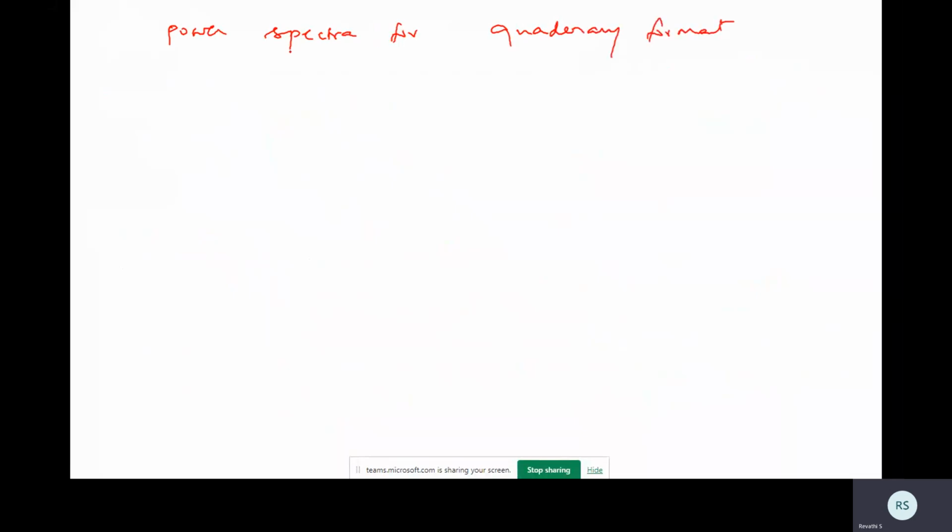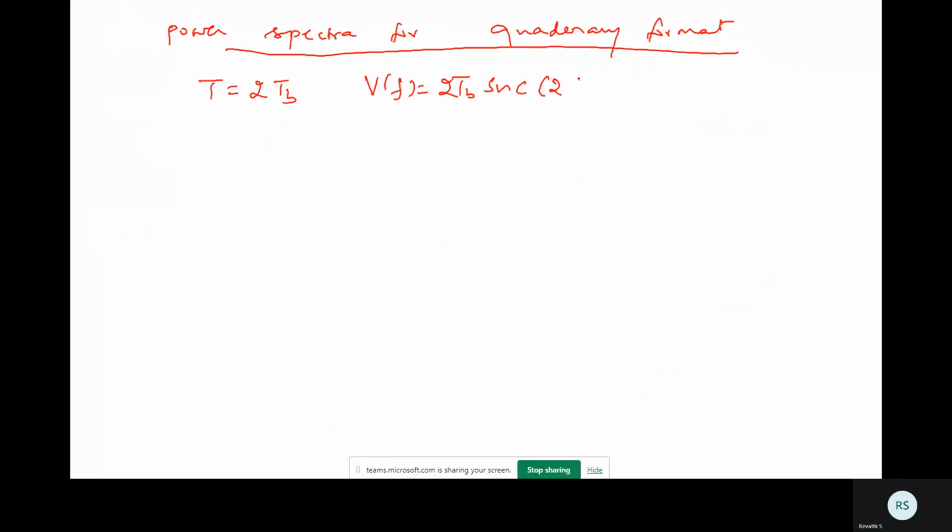So in quaternary format, you are having a symbol duration. So t equal to 2 times of tb here. Okay, it is extending for 2 binary bit duration. So t equal to 2 tb. V of f is tb sinc of 2 tb, sinc of 2 f tb. Okay, and then RA of n is 5a square when n is equal to 0 and 0 when n is not equal to 0. Okay, so now writing the general equation for the power spectra,